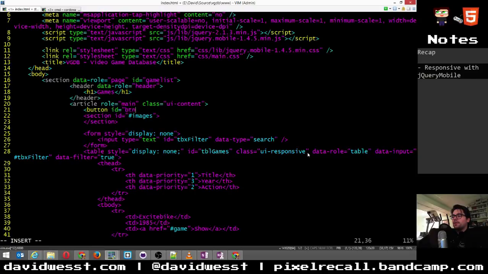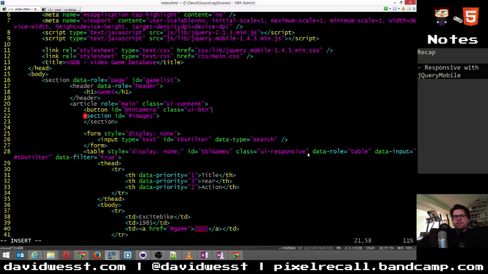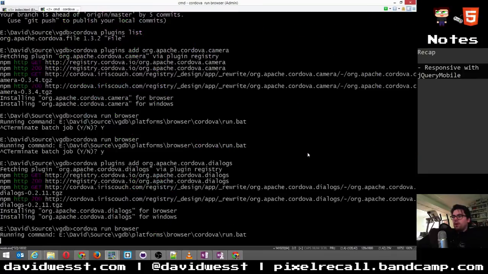First of all, ID is equal to BTN camera. Then class is equal to UI-BTN. Is that what it is for jQuery mobile? I didn't write down my HTML. I didn't think I needed to. Take a picture. We'll see what that looks like. But we got the ID right anyway, so let's save that.